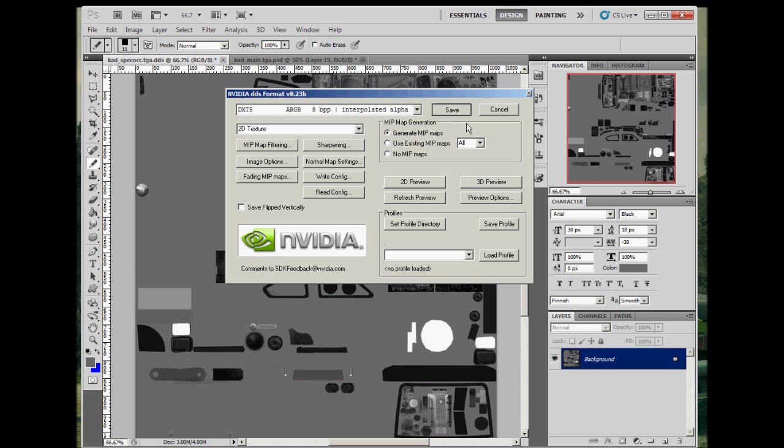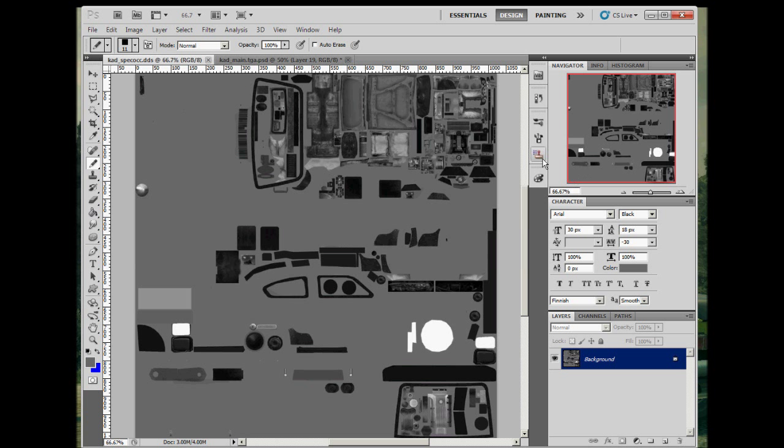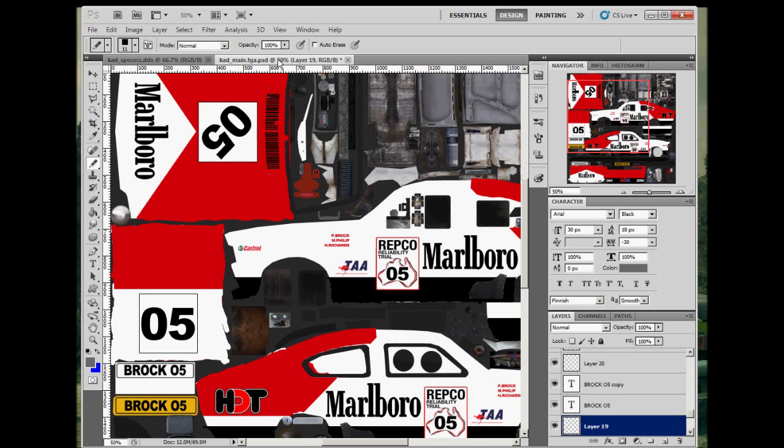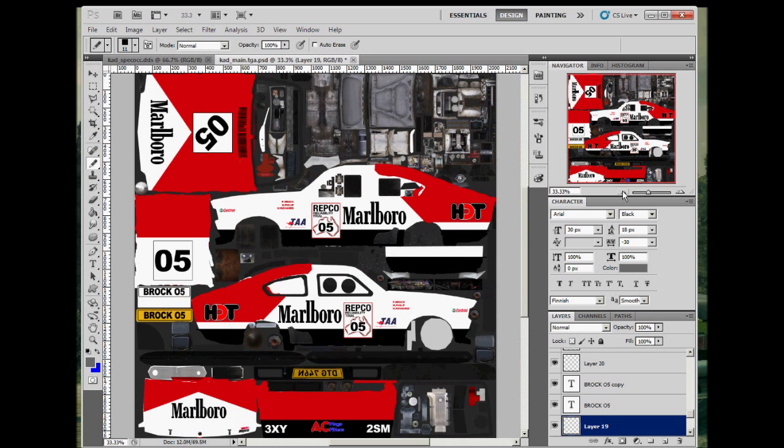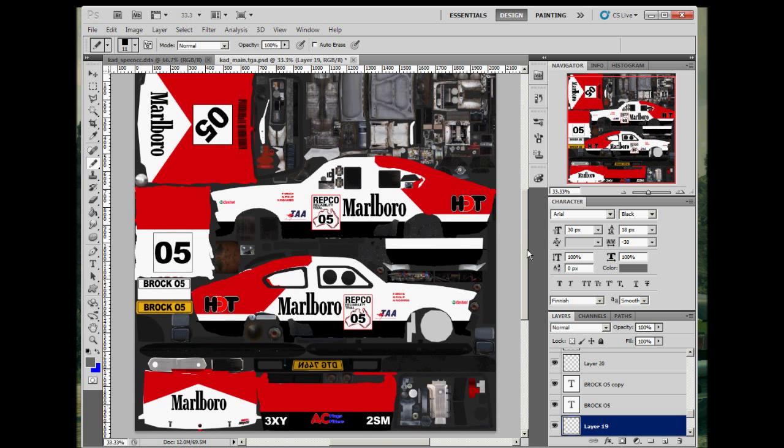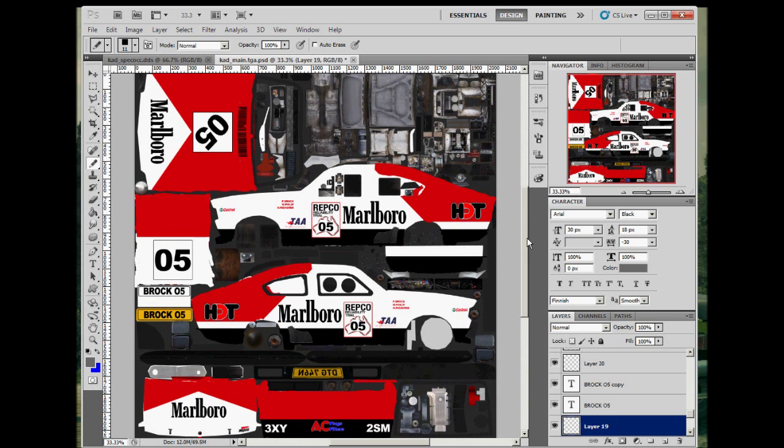It might take just a little while, as sometimes DDS files do. There we go. Okay, so that's the spec layer done. Now what we need to do is look at the main. As you can see, I've painted my skin here, a Peter Brock tribute piece for the cadet. Where we do this one,